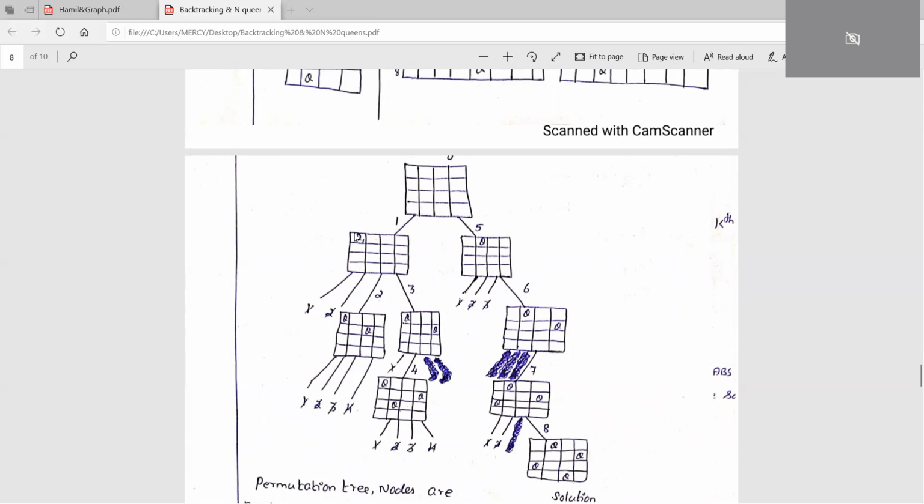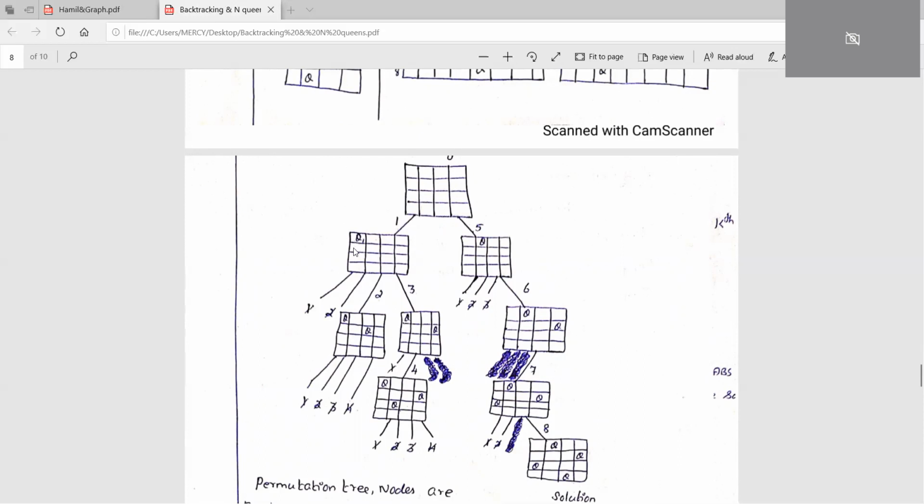Okay, so I told you we have to go in a systematic search. Randomly we can't place it, so we have to go in some system. So here Q1 I placed here. Now I have to take Q2. If I try to place it in the first column, it automatically comes to the second row only. We have to increment the K value.